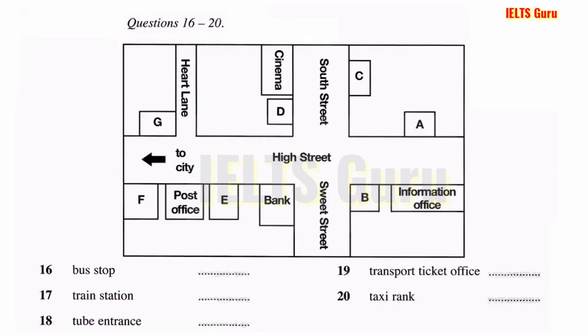It's probably best if you go and get a travel card first. To get to the ticket office, you go out of here onto the High Street. Then turn into South Street, and the ticket office is on your right opposite the cinema. Of course, you may decide it's quicker to take a taxi. But it's a long way, so I think it'll be very expensive. If you do want to get a cab, then the rank is outside here, just opposite the office.